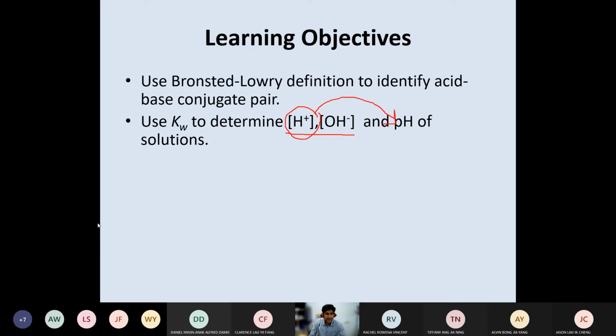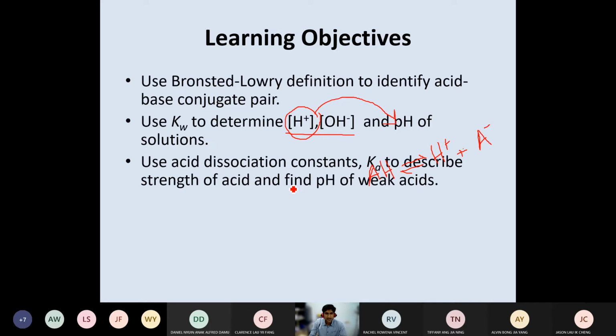Let's say that acid is dissociating, and then A and H. So when it dissociates, let's say that is a weak acid. So hydrogen ion will be produced, right? And A is the negative ion, the conjugate base of that acid. So conjugate acid, conjugate base, we will see as well. So when it dissociates,